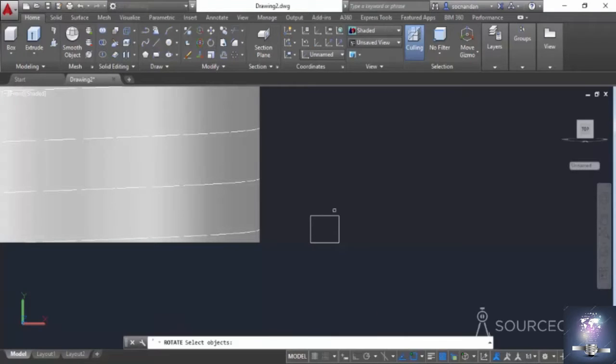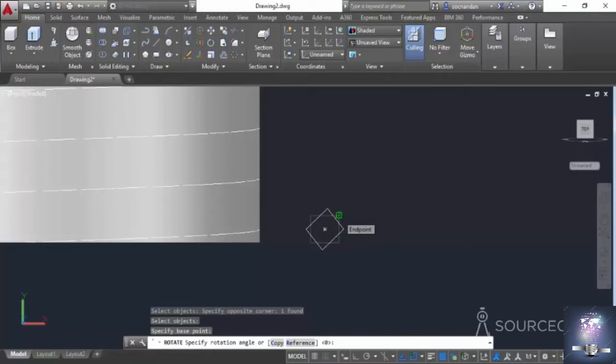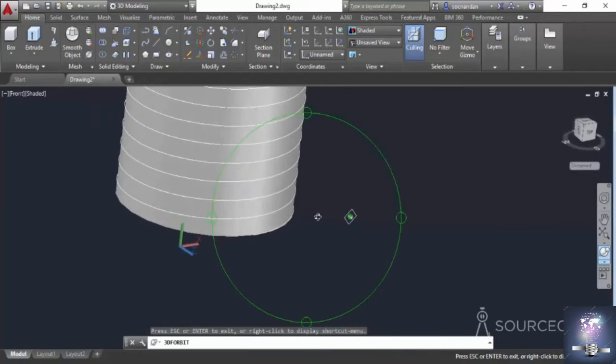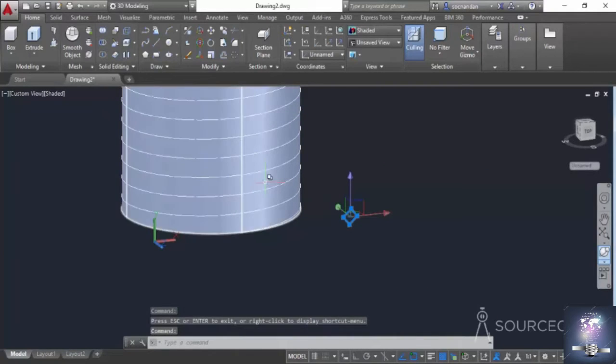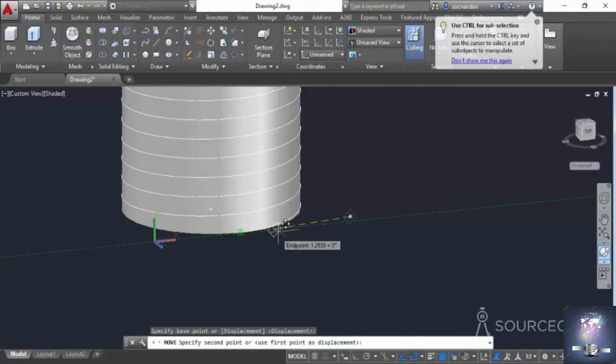Now select rotate, select this rectangle, click at the center point of this rectangle, the geometric center, and now rotate it about a 45-degree angle like this. Okay, now we will move this rectangle onto the end point of this helix. For that, I'll just pan this drawing a little bit. I'll orbit this, and here I have it. So let's select it. Let's select move command, click on the geometric center and place it exactly at the end